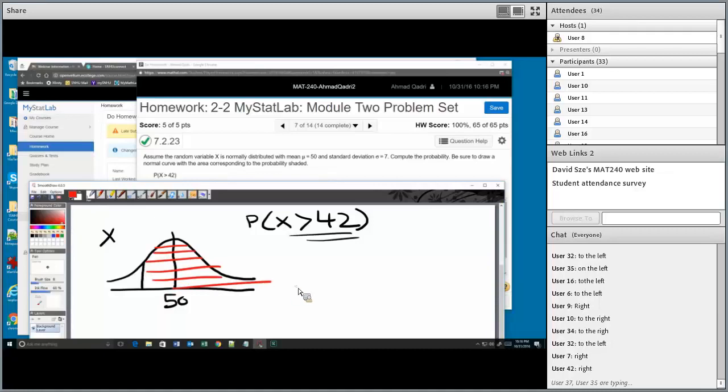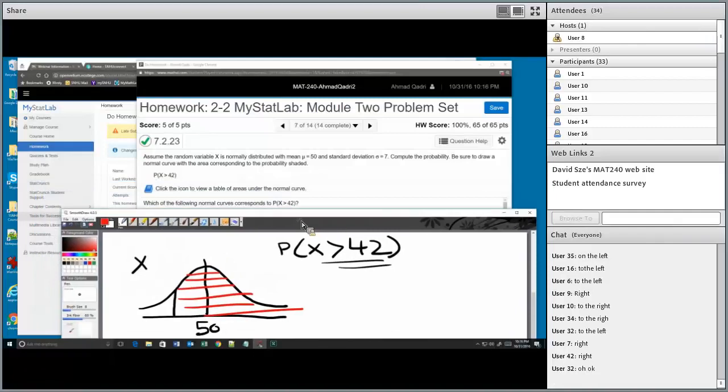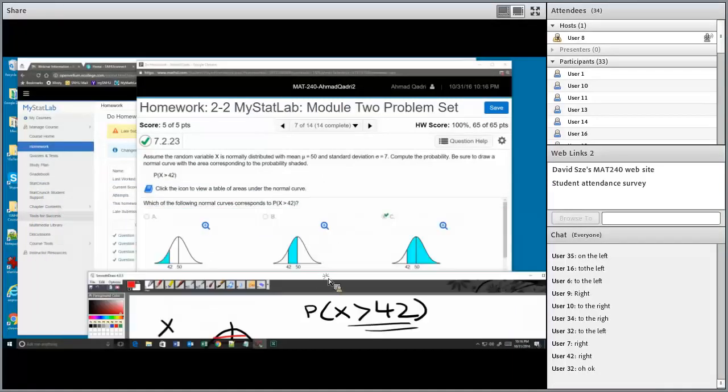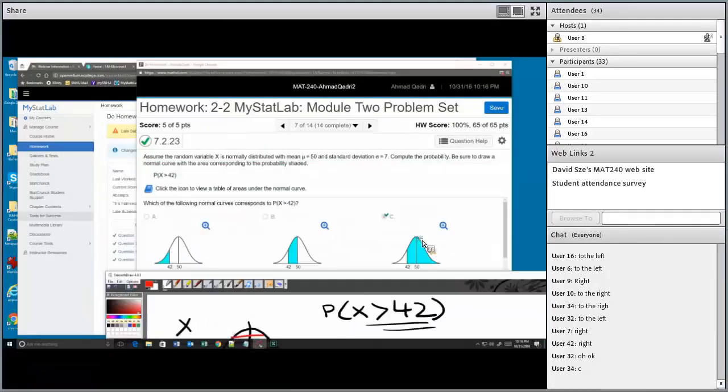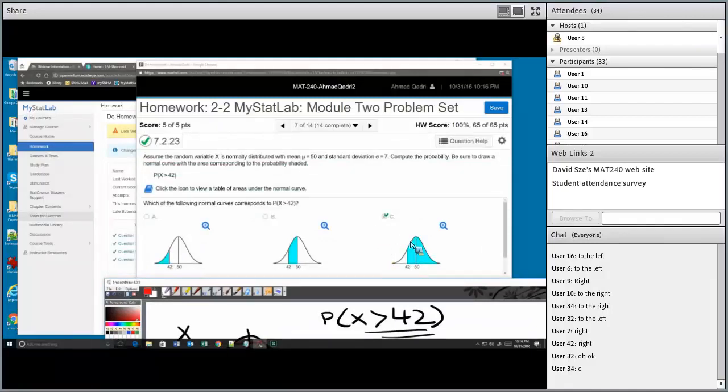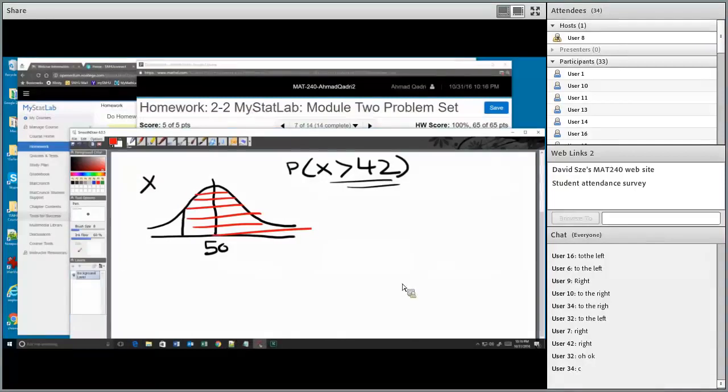Okay. Awesome. You guys are awesome. You are all getting this. Okay, so you just answered the first question because you just have to match the correct graph, and you just told me that this is the graph and it matches with part C. Okay, this is not right. This is the right answer.